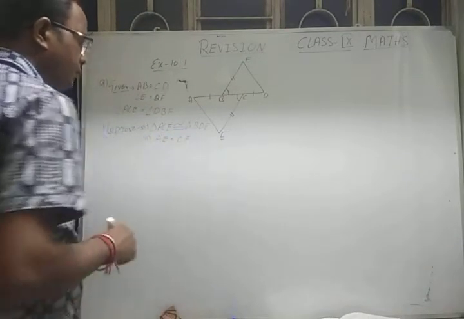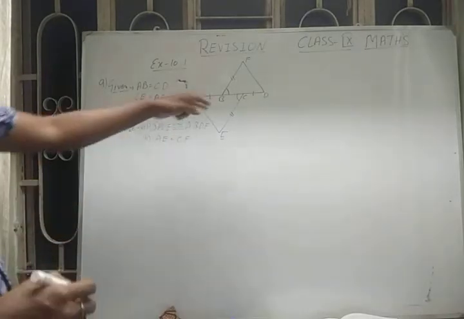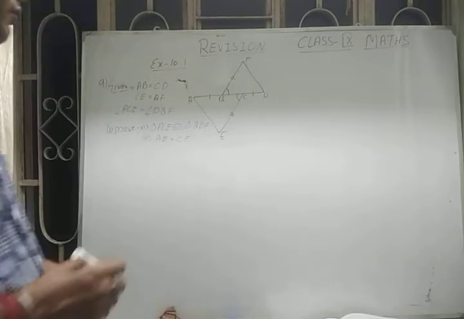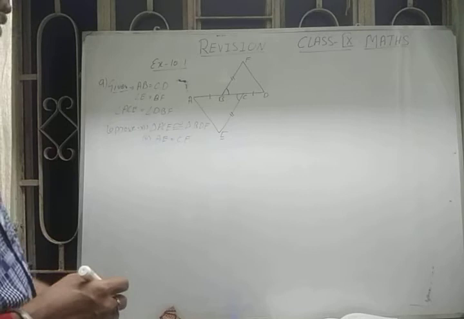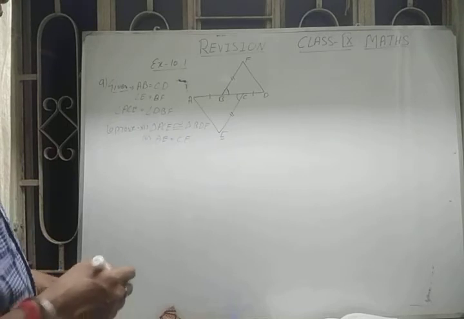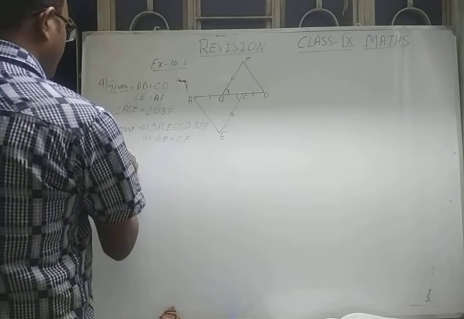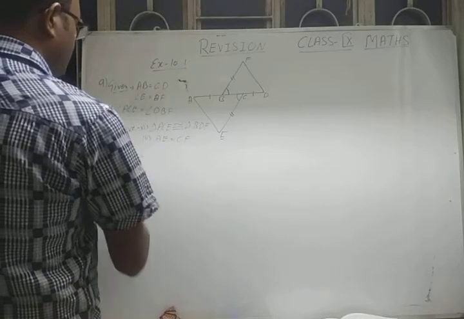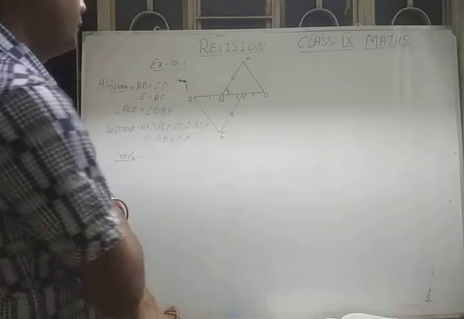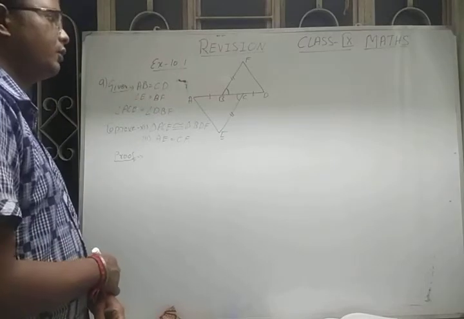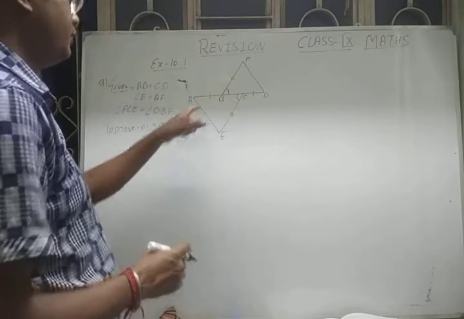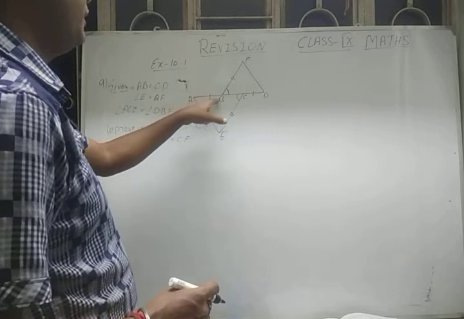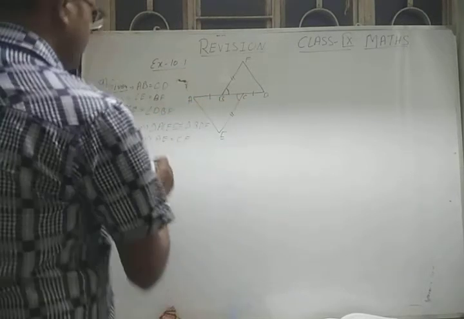The second part of the question will be easily proved, since if you can prove these two triangles congruent, then by simplicity these two will also be equal. So how will you do the proof? Before doing the proof, one thing I want to do: since it is given that AB is equal to CD,